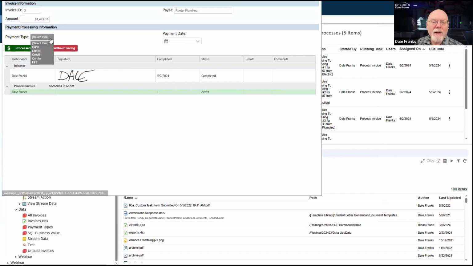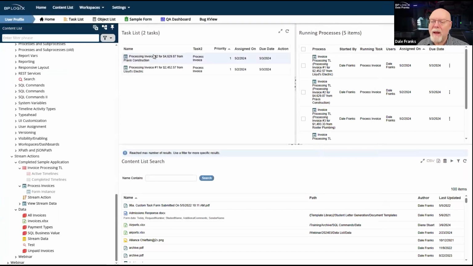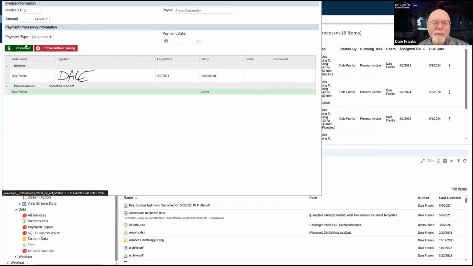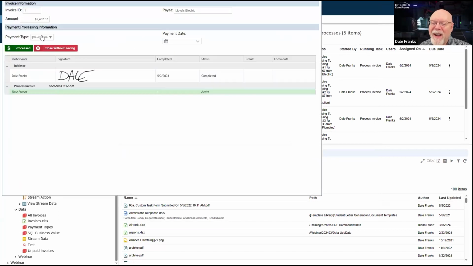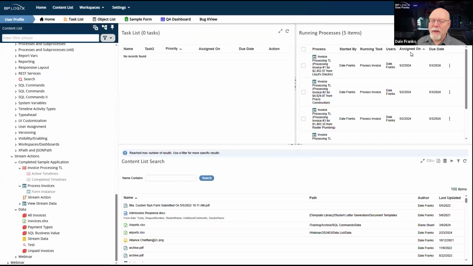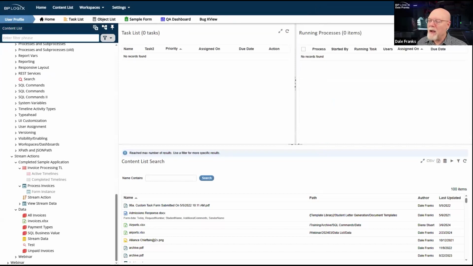And unfortunately, I need to do this for all of them to clear them out. So 2 more left. We'll let these people pay in crypto. And one more check. Processed. So we're good there. I have no more tasks running. I have no more running processes on my system. I have finished them all.